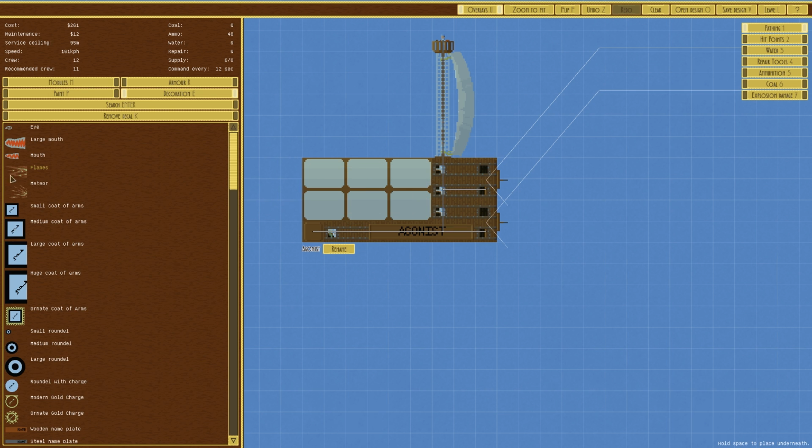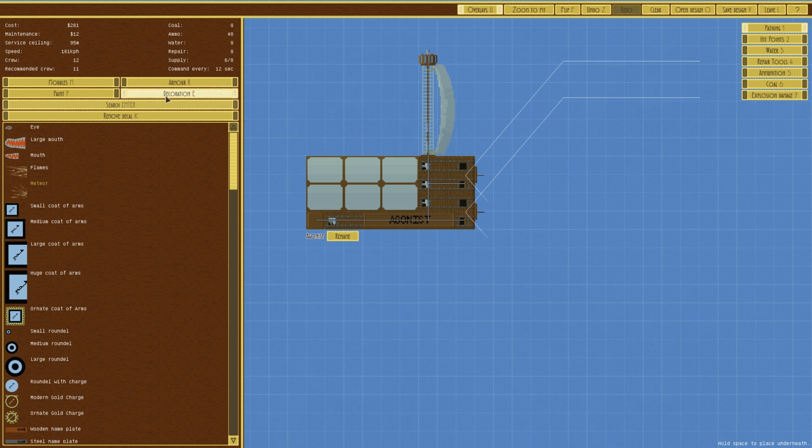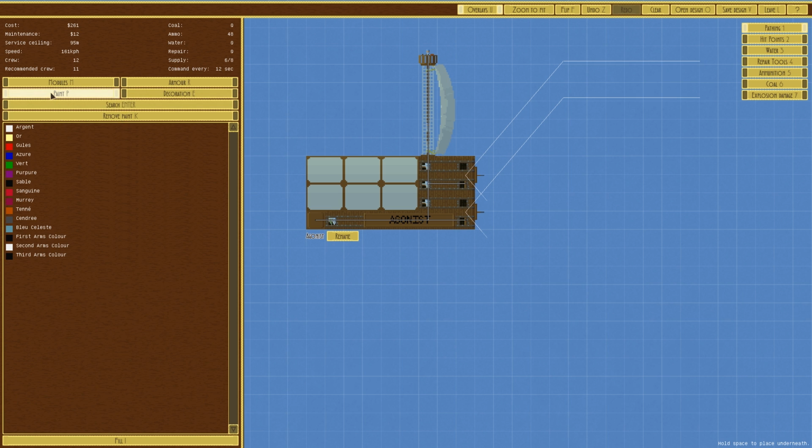Oh, we could put a... Look at that, like a meteor right on that there. Like, shoot this part. No, I don't think we're going to. In terms of painting, do we want to paint it? No. No. I think we'll just go back to...